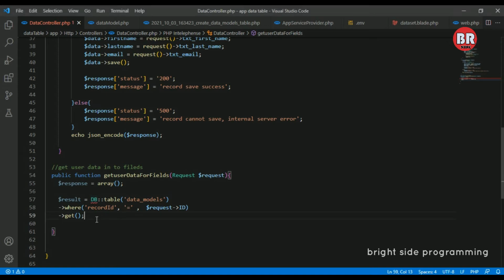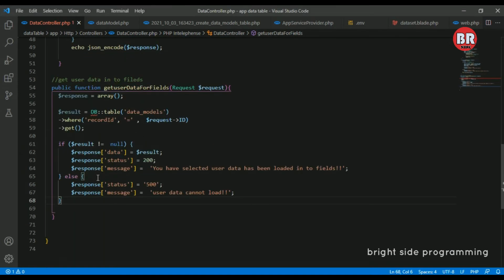And here we create the if result not equal 1, which means our result equals true, we pass the response data array which equals our result, and we pass the 200 status, and inside this 200 status we create the